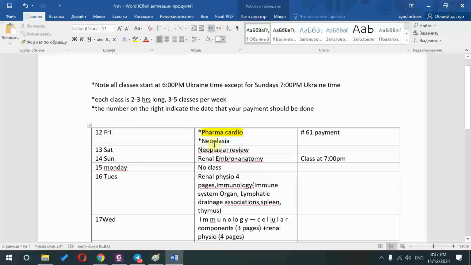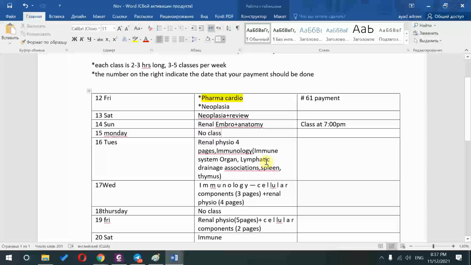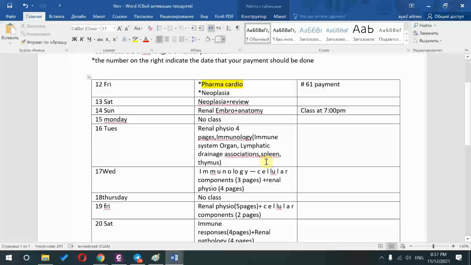Okay, so for today, pharmacology of cardio, we are done with this. Tomorrow will be mainly neoplasia, and we will review some cardiology, like we'll just take a look at it, see what's there, what's not there, stuff like this. If you have any questions, please accumulate them. If you have questions or stuff like that, send them to me tomorrow during the day, and we can discuss them in the class, okay? If you have time, yeah, do it, of course. Also, please notice here